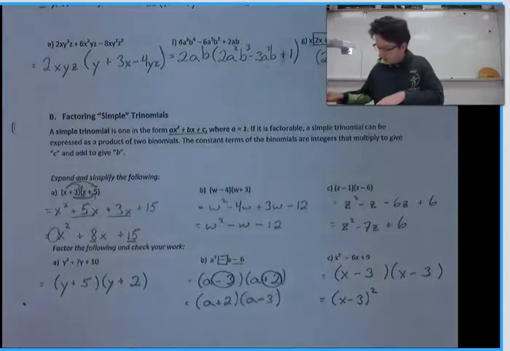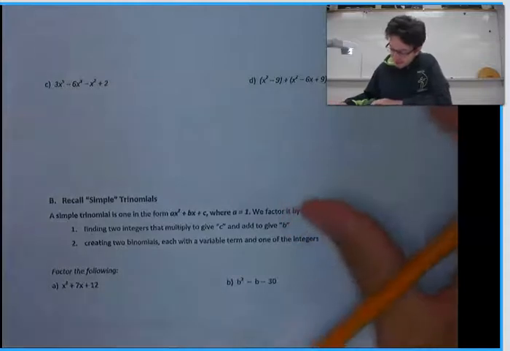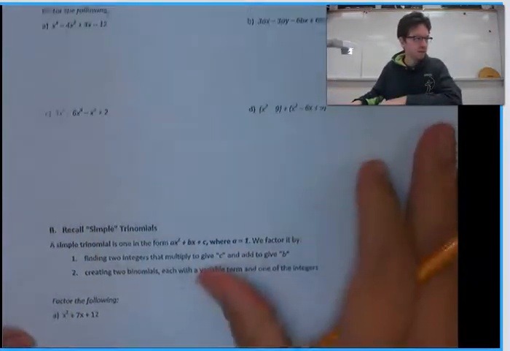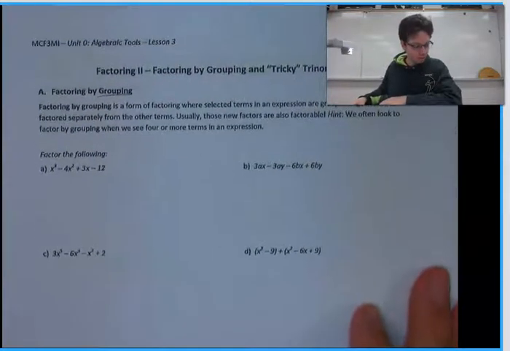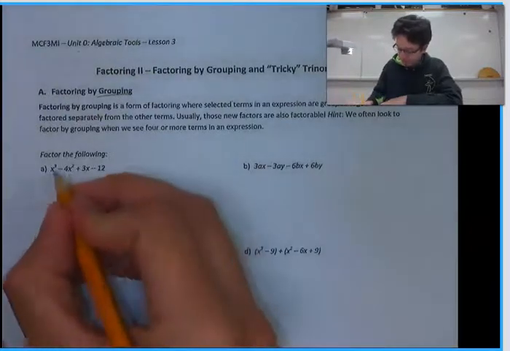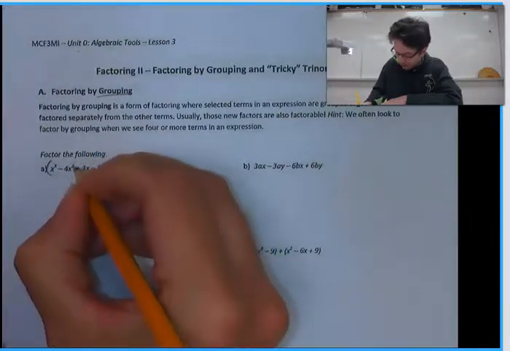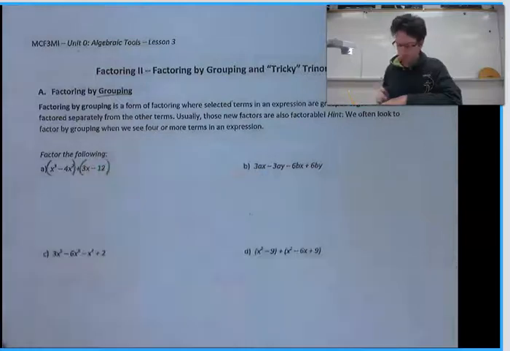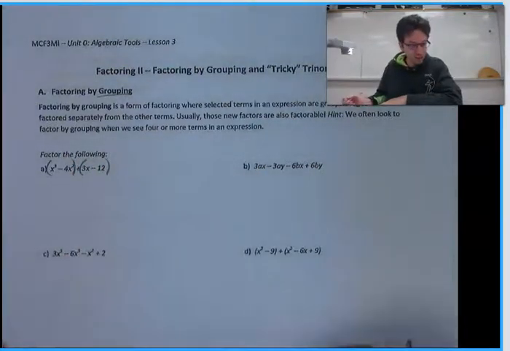All right, so now we're going to move on to the next page. This is another type of factoring called factoring by grouping. So when we factor by grouping, what we actually do is we take a group. So here we have 4 terms, but I'm going to essentially group these terms like this. And in each group, I'm going to find a common factor, and I'm going to pull